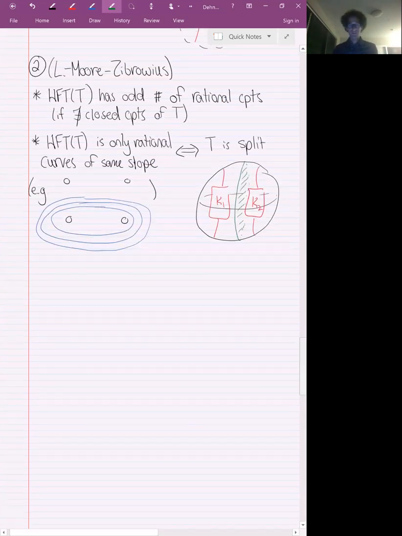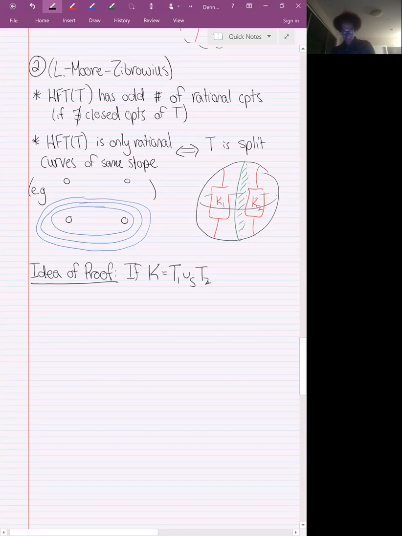Okay, great. With my last few minutes, what I want to do is give an idea of the proof of our main theorem. Recall we wanted to prove that if a knot has an L-space surgery, then it does not have an essential Conway sphere. In other words, we want to prove that if a knot has an essential Conway sphere, then this weird knot Floer homology structure theorem that we had earlier fails. So the point here is that if K looks like T1 union T2, glued along an essential Conway sphere,